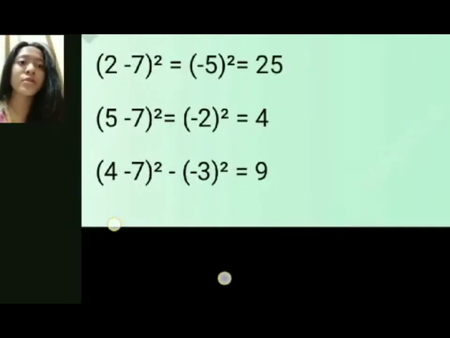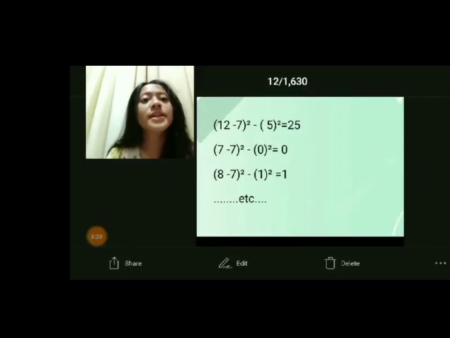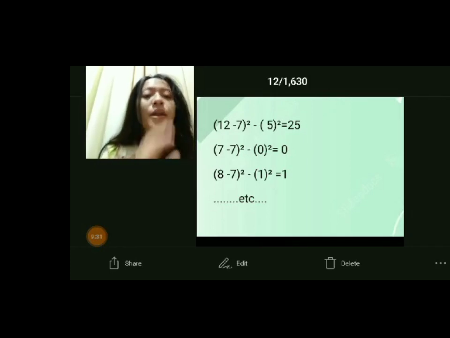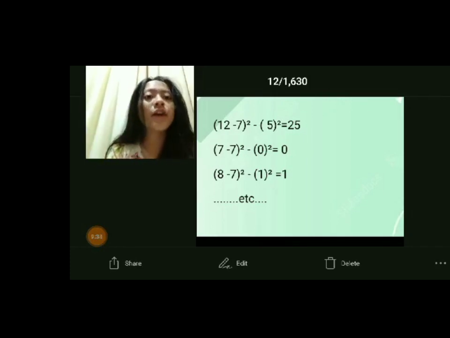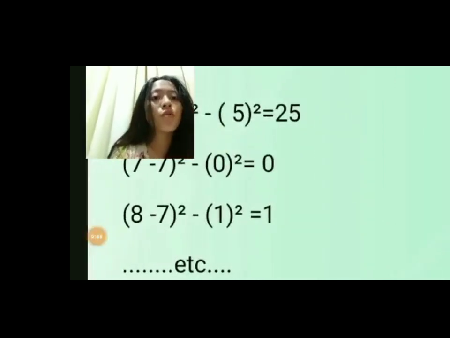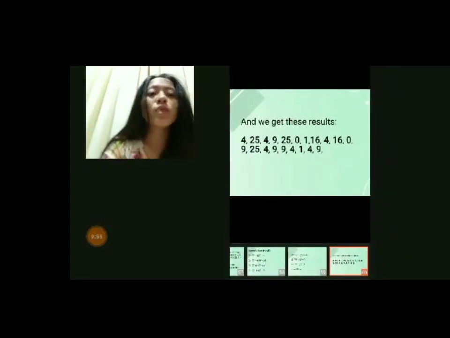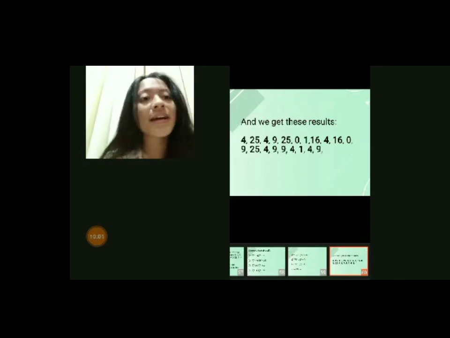5 minus 7 to the power of 2. And also 12 minus 7 is 5, 5 to the power of 2, 5 times 5 equals 25. So, the results are 25, 0, and 1. So, these are the results we get: 4, 25, 4, 9, 25, 0, 1, 16, 4, 16, 0, 9, 25, 4, 9, 9, 4, 1, 4,